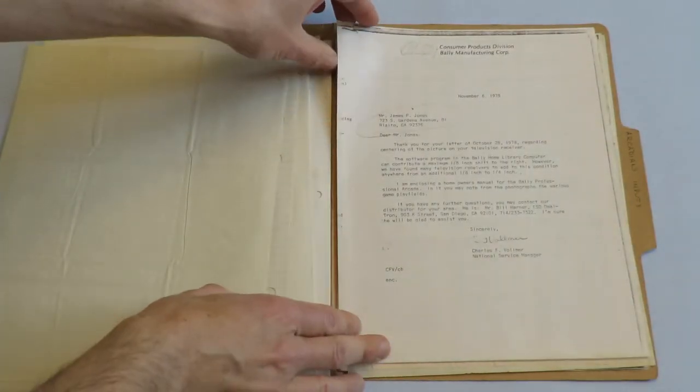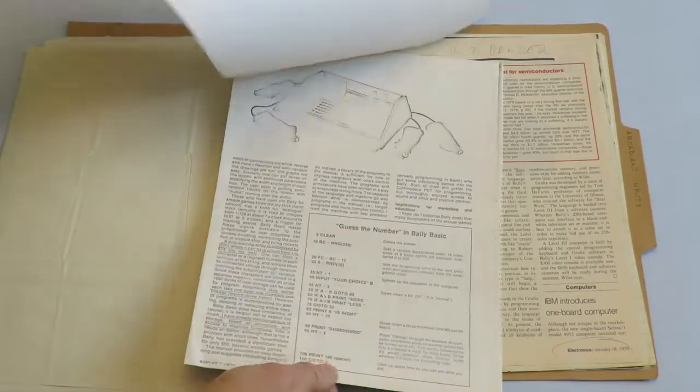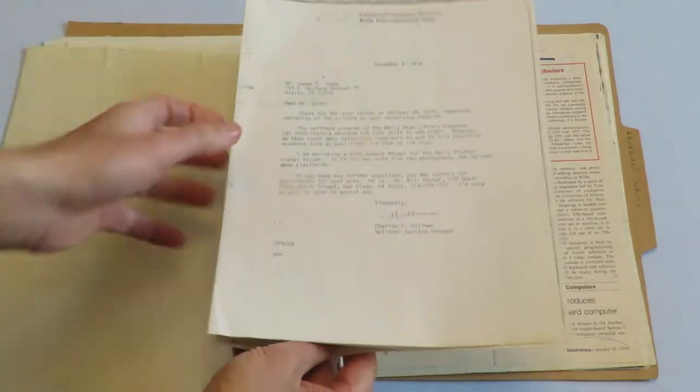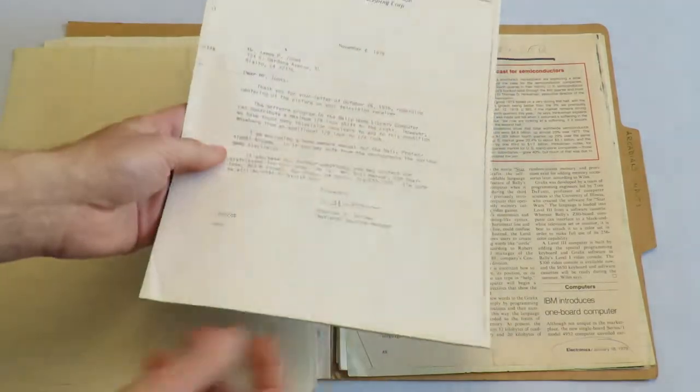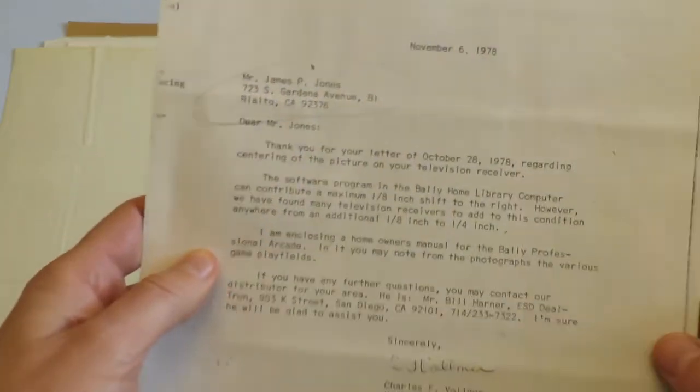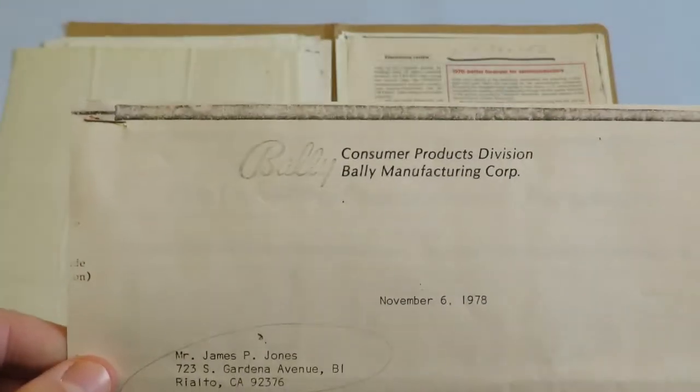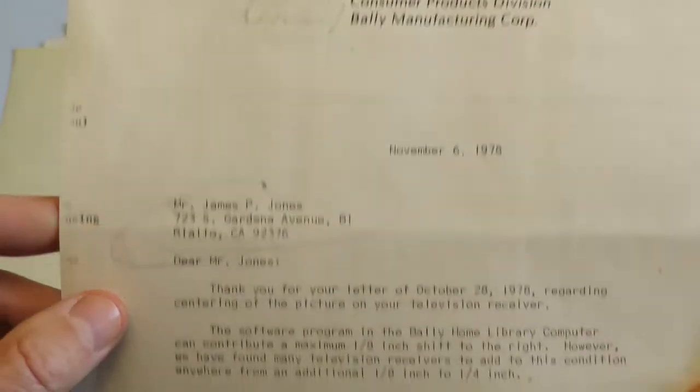All right, here's this kind of stuff I like. So people would send this on to Bob. And these are some articles. And all these articles are from various places, and they've been scanned from original formats or better scans than these photocopies. But here's a letter from November 6, 1978 from Bally Consumer Products Division to one of its users,